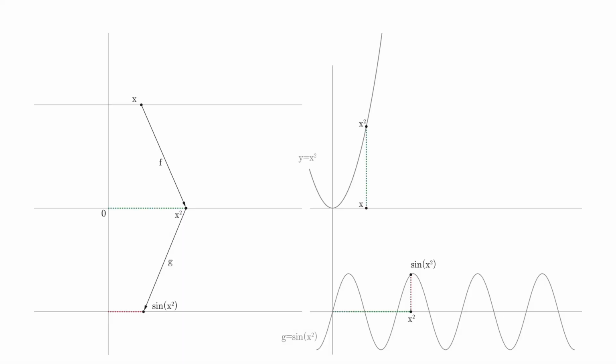Let's just stop this at a certain moment of time and see what's going on there. We have x up there, which gives us the output x squared. Then this x squared, this green dotted line, you can see it here and you can see it there. This line now becomes an input for the sine of x, and for this input it produces the red line, which is the output, sine of x. And then this output, sine of x, is here.